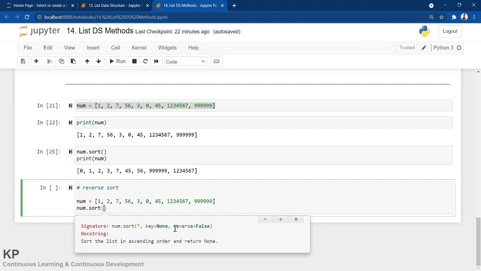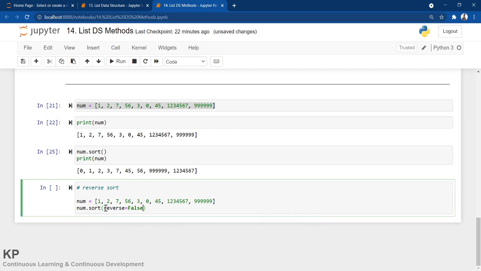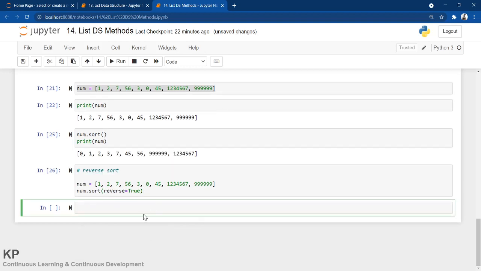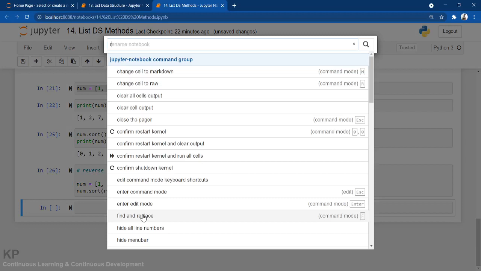See here, reverse equals false by default, but we want to reverse it. So I'm just copying this and putting it over here and making this reverse equals true. So it will just do it in descending order. True. And finally if I do print